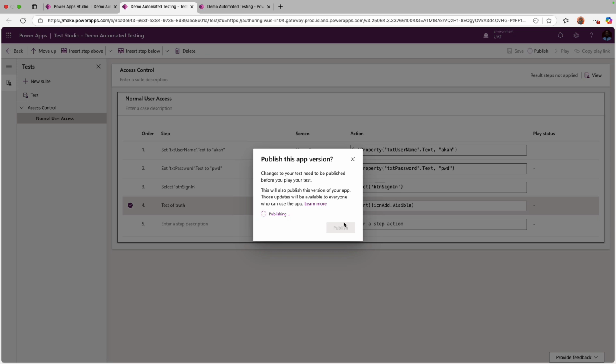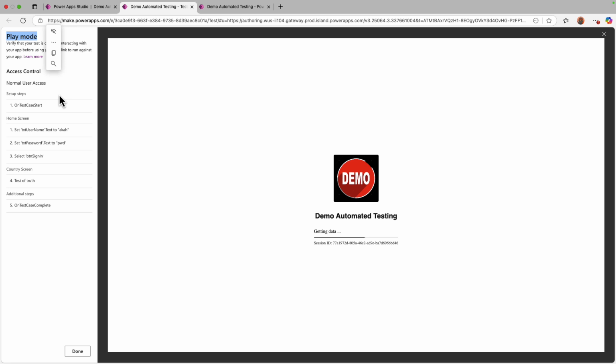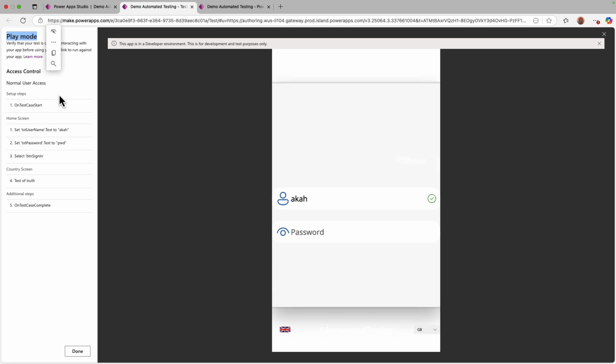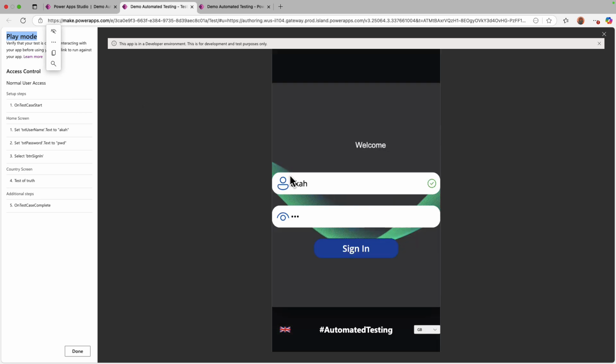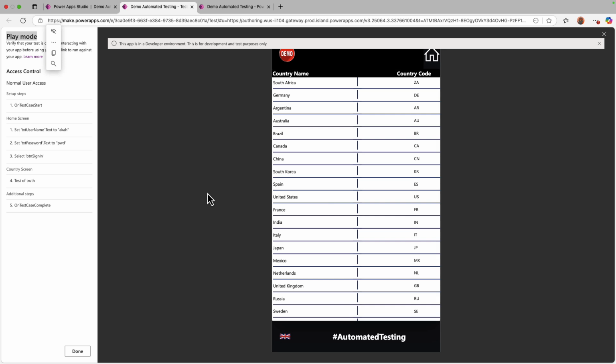Once the publishing is done, it's going to replay our application and then go through the various steps that we just mentioned. Okay, it takes us back to our play mode. You see now we're in play mode. It's going to start. The first thing it's going to check is whether there's a function on test case start. What happens? Actually, nothing happens. Once it launches our application, it fills in the username and password, clicks on sign in, and then finally it's going to do the test of truth,